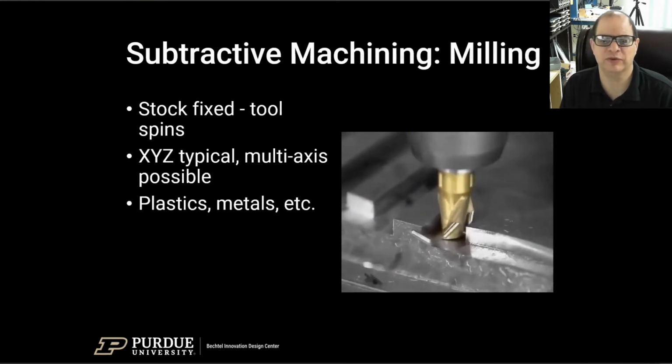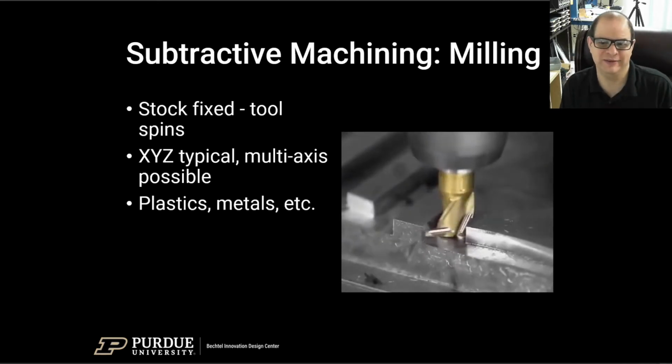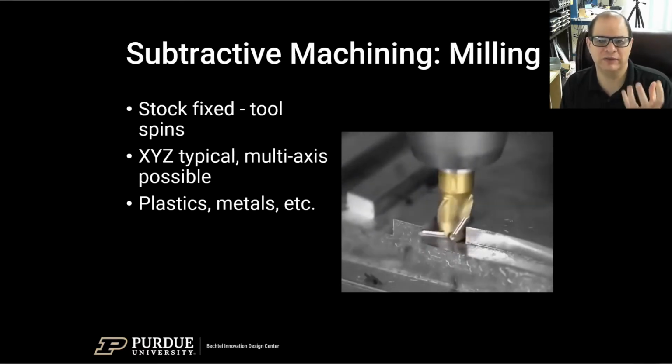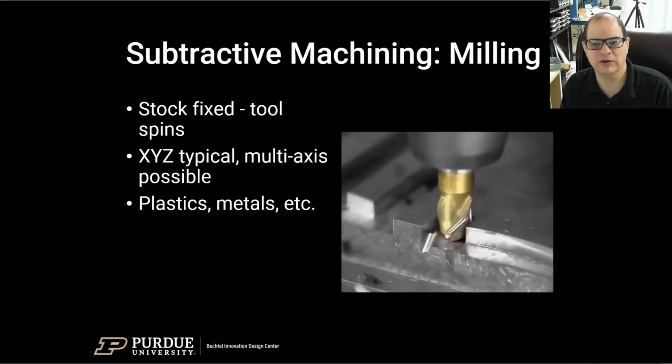Next we have something called subtractive machining. If you have a look at the video, you can clearly see it working. Effectively, subtractive machining is like sculpting. You start with a block and you take pieces away. It's broken down into two types. Milling, where the block is held fixed and the tool spins against the block. And you can see here an end mill pushing into the side of a piece of aluminum